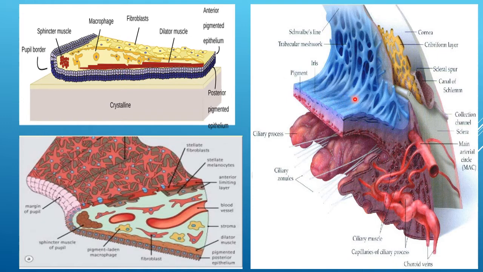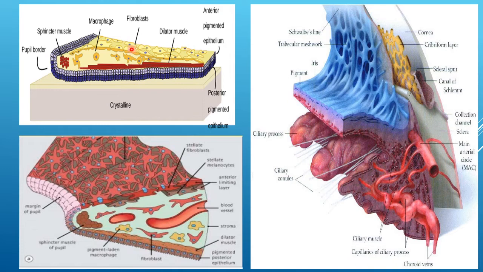So you can appreciate the surfaces here. This is the iris, the portion towards the cornea, towards the anterior chamber, which is rough and devoid of epithelium. You can appreciate this margin, the anterior iridial border, which is made up of loosely arranged collagen fibers, fibroblasts and melanocytes, interdigitating together, giving this rough appearance.